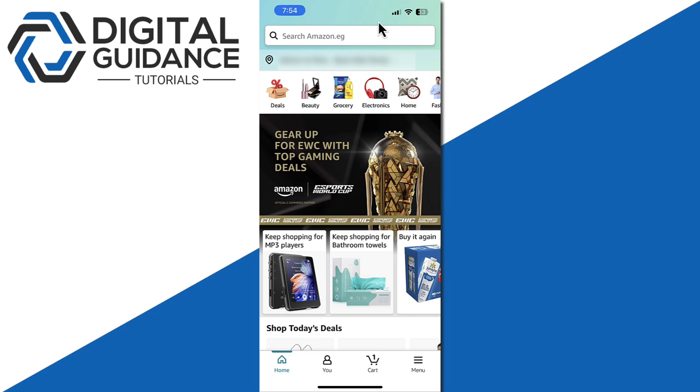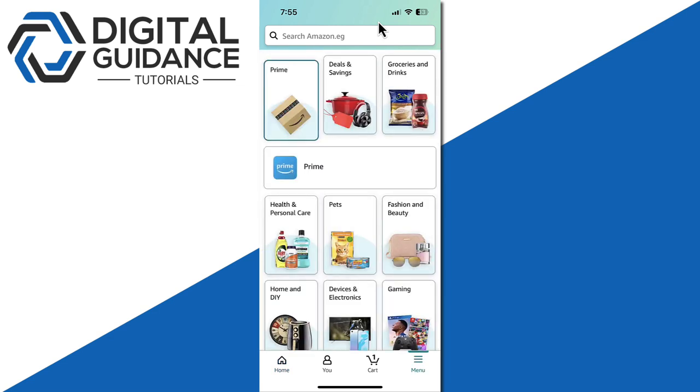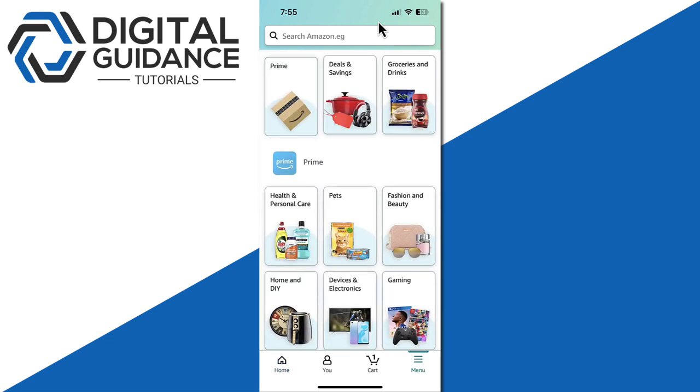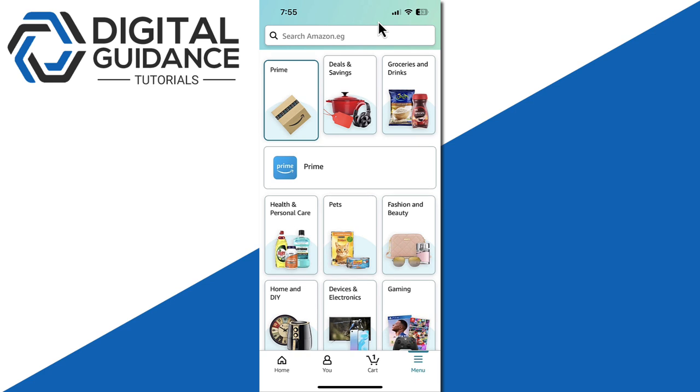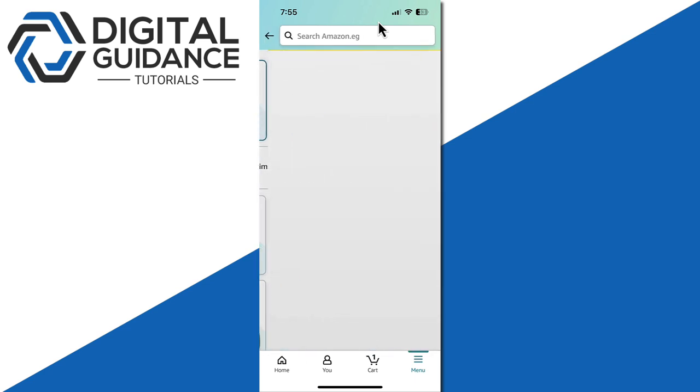Now, as you can see here, I'm on my Amazon homepage on the phone, and I am subscribed to Amazon Prime. Now, what you want to do is tap on the three horizontal lines here on the bottom right that says menu, and then you will find the first option says Prime. Just tap it, and you should see Prime here. Tap it,